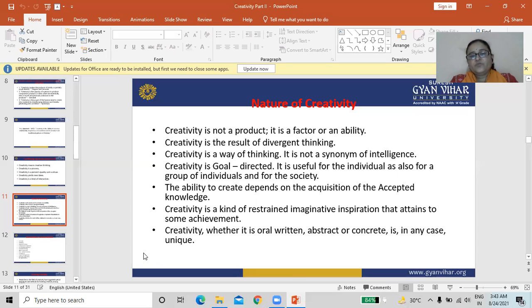It is useful for individuals as also for a group of individuals and for the society.